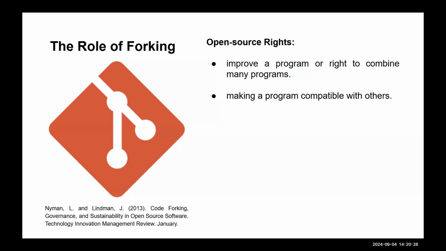And so, in this case, what you're doing is you're forking something and you're improving a program, or you're combining many programs together. So I could take a fork of Chromium, I could take a fork of something else, I could put them together into a new web browser. And that's an easy way to do that. Everything is open, you get updates, like security updates or the latest features from Google, and you just integrate that with the thing that you're working on. So you've created a fork or a new version of Chromium.